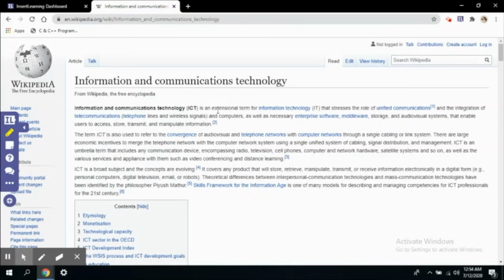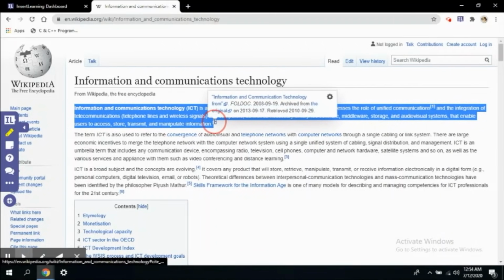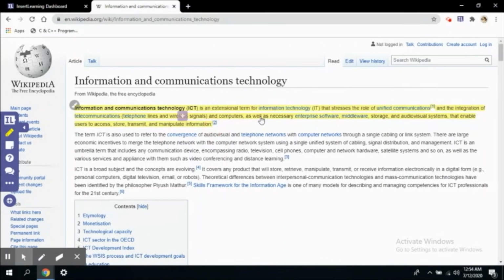All right, so let us say I want to highlight the definition of ICT, this first section complete. Okay, you can see the content of the first line has turned yellow. That means it has been highlighted. Now with this highlighter button, you have a lot of options available.